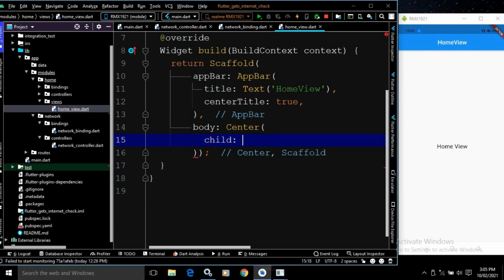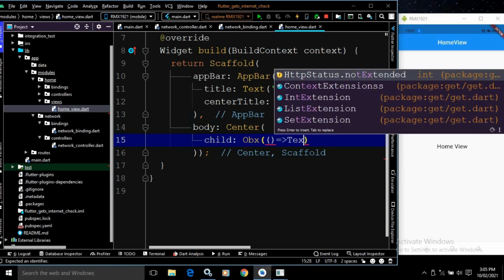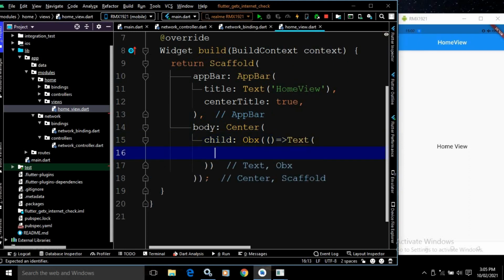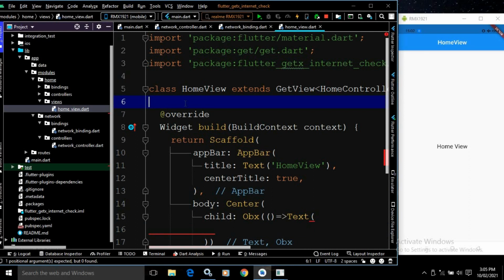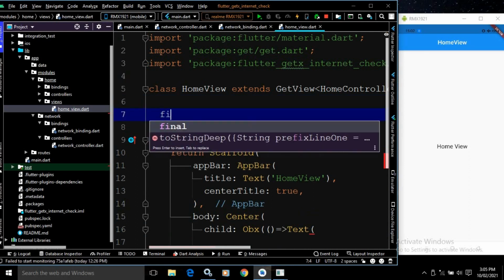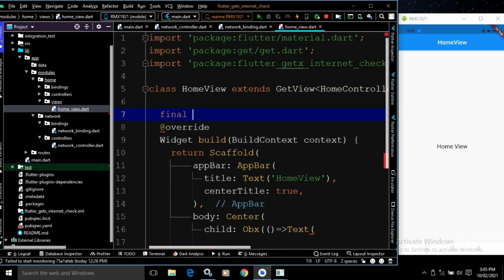Okay, and inside the child I will use the OBX widget. Inside the OBX widget I will use the text widget. Or let me do one more thing. Here I will create the object of network controller.